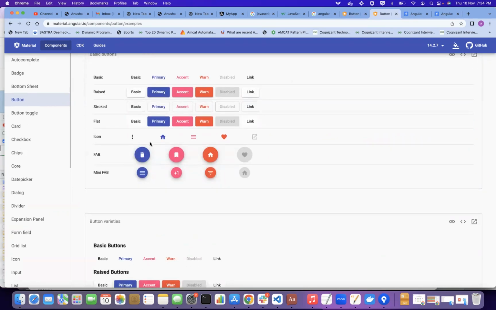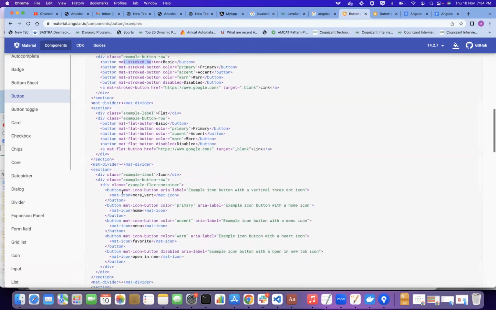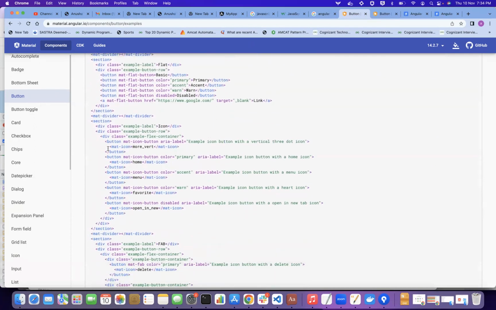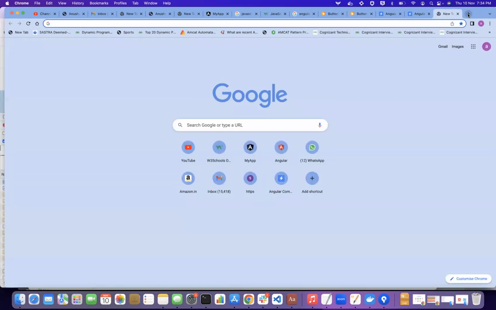Suppose you want to use this button, this is also nothing but a delete icon with button. For that, you will be using something like mat icon, which is acting as a button here. Material icon, the name of this material icon is more word like that. So there will be some inbuilt material tags, material icons will be available. For example,